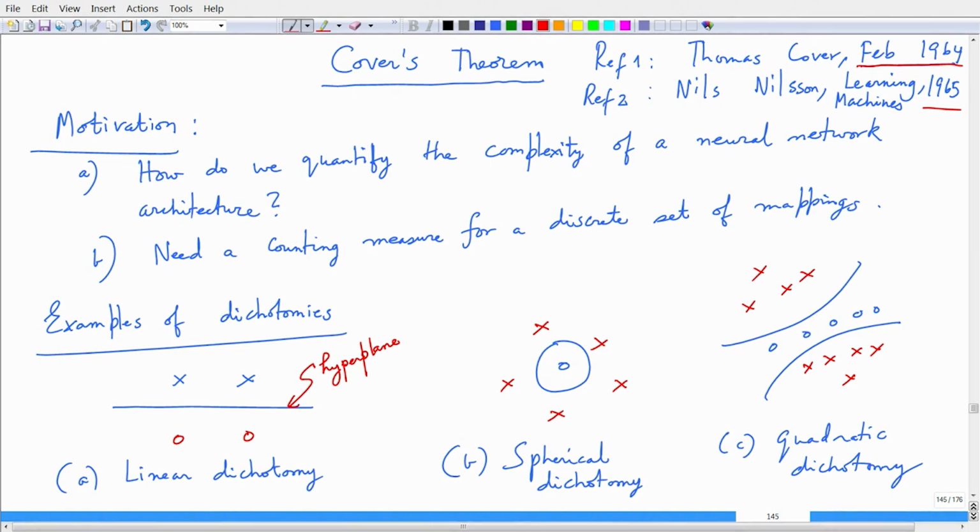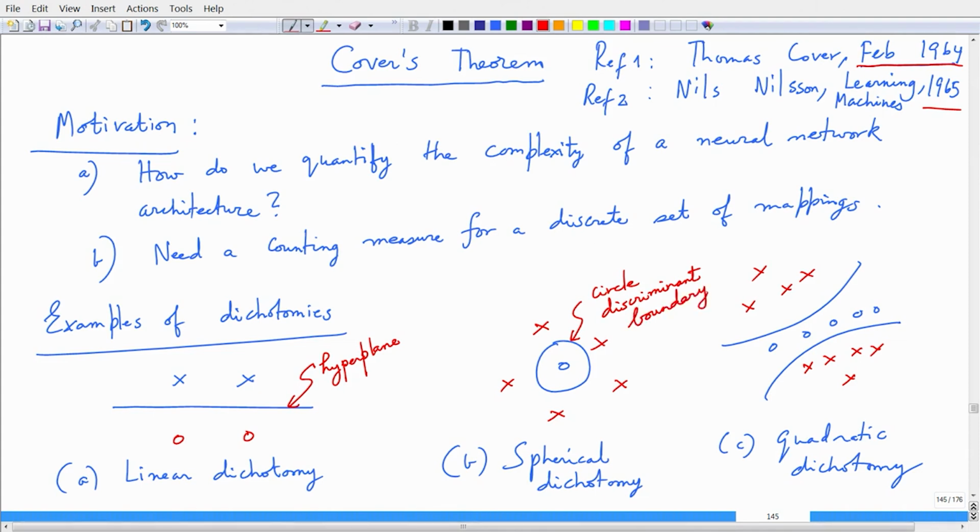We do not have to think about linear dichotomy, we can have spherical dichotomy. For example, if we observe figure B here, we have these circles that are surrounded by these crosses. One way to separate these two patterns would be to put a circle as the discriminant boundary. This is a circle and this forms our discriminant